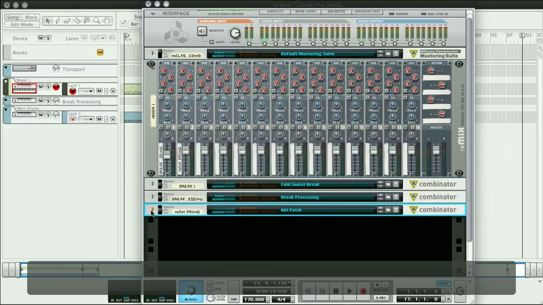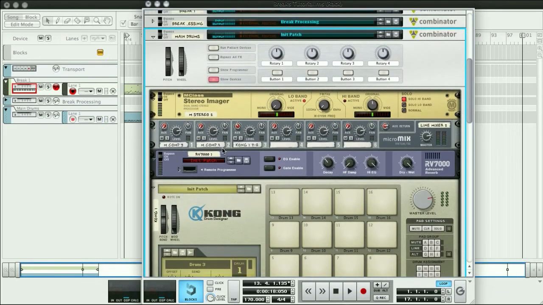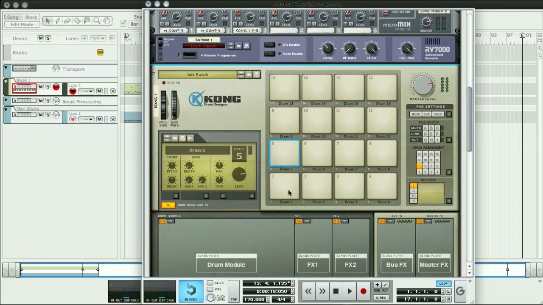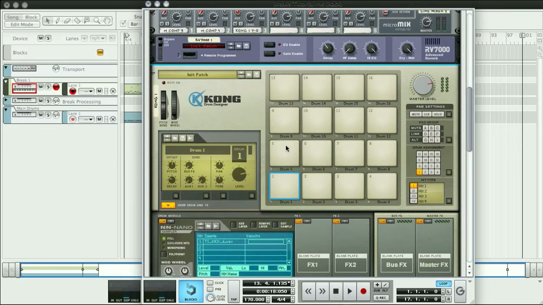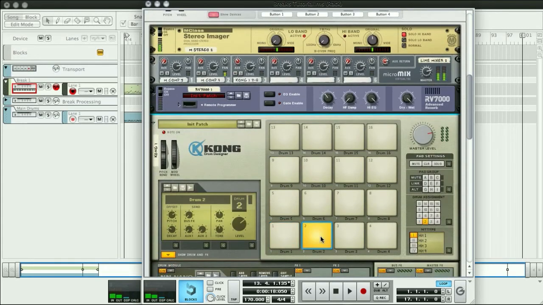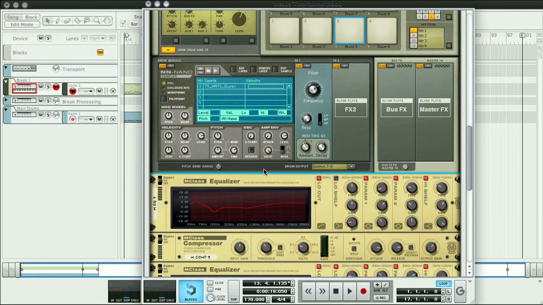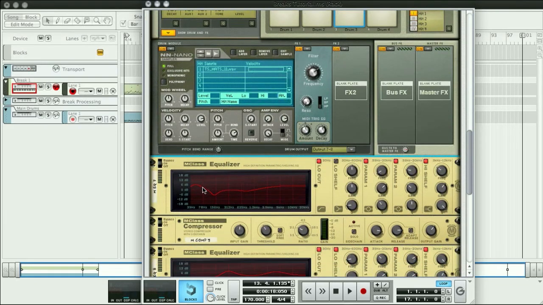Well, that's big. And what I did here, I used a Kong, right? And I set it up with a kick. Just one kick. I didn't layer them or anything, because I'm already layering it with the break anyway. There's a snare and a hat. And then I put an equalizer on the kick, so I boost around here because it's